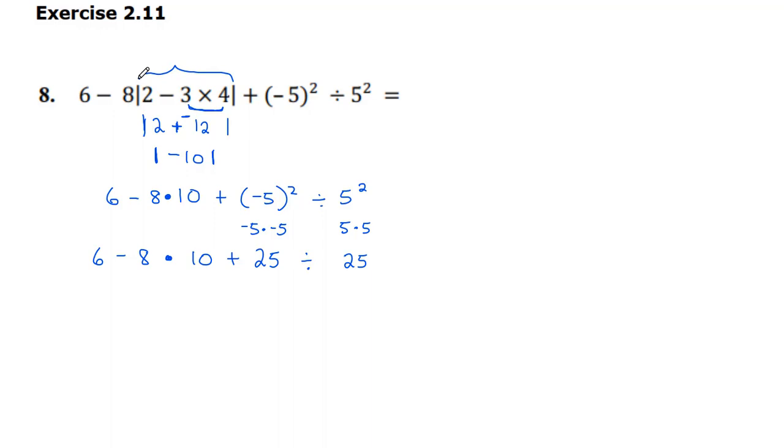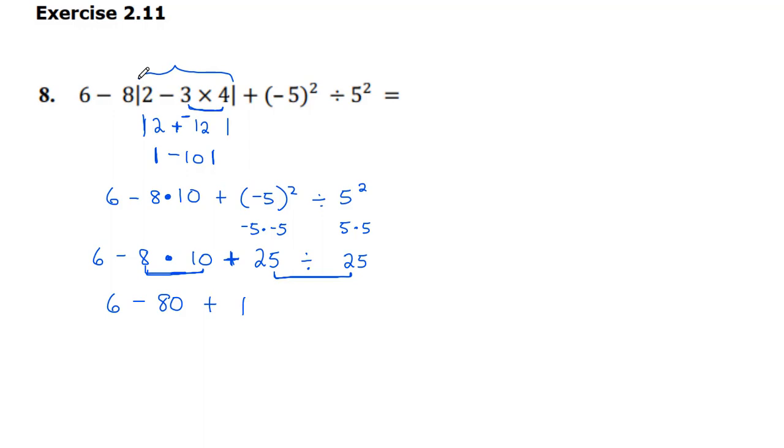I have subtraction, multiplication, adding, and division. I'm going to multiply and divide before I add and subtract. So I can do 8 times 10, and I can do 25 divided by 25 because they're separated by this adding symbol. So 8 times 10 is 80, and then I can write 6 minus 80 plus 25 divided by 25 is 1, and now I have subtraction